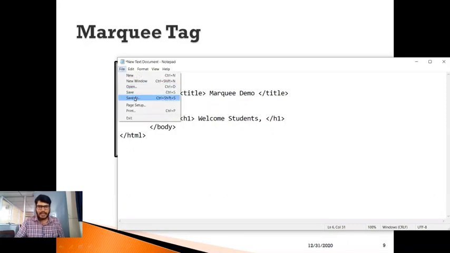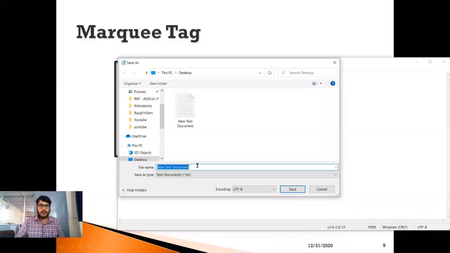Again, go to save as, because I want to save this file with the HTML extension, isn't it? So for that, again, within double quotation, let me type marquee demo dot html. Close the double quotation and click on save.